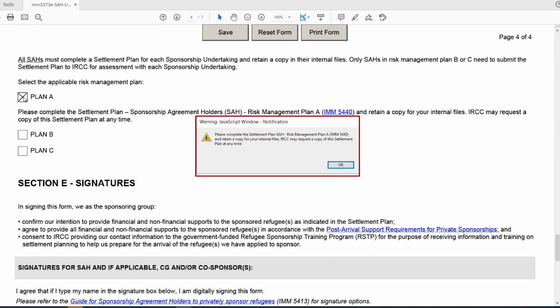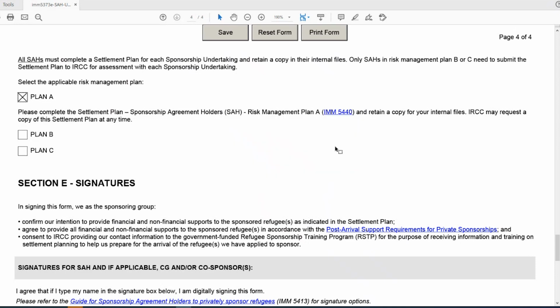You do still need to complete a settlement plan. The difference is, as a SAH following Risk Management Plan A, you're not required to submit your settlement plan to IRCC unless they ask for it. But it still needs to be completed, and it's to be kept on file in the event that IRCC may request a copy of it at a future date. So when this dialog box pops up, you can select OK. You're acknowledging you understand that. And you can click on this link here to access and download that separate settlement plan form